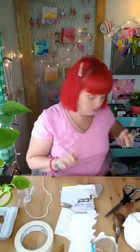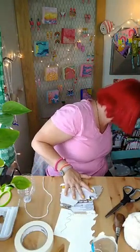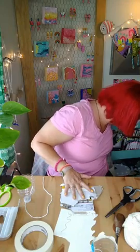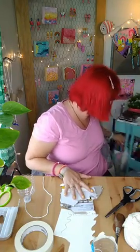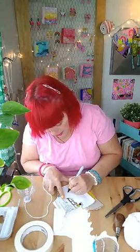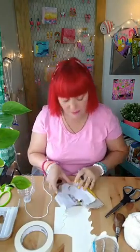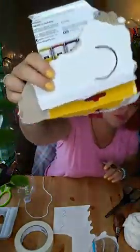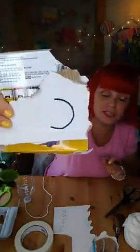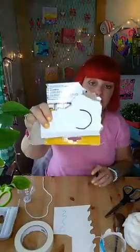So I'm going to need a marker of some sort. I can't find my Sharpie. Oh, there it is. Okay, I'm going to use a Sharpie for this because it doesn't get on your hands. But anyway, you're going to draw a fish, and I'm going to show you how to do that. So, first part of the fish. Now, you can make it as big or small as you want, but you want to make it small enough to fit into your cup, okay? So, a round circle or half circle,